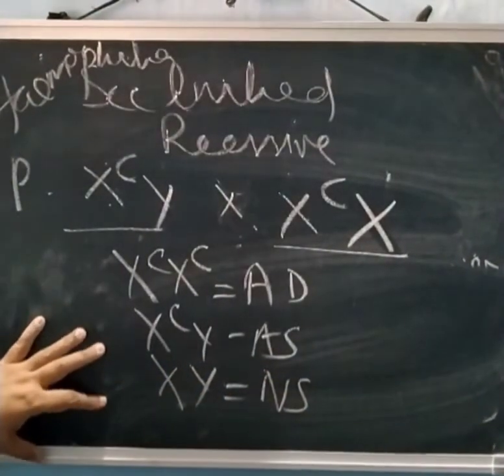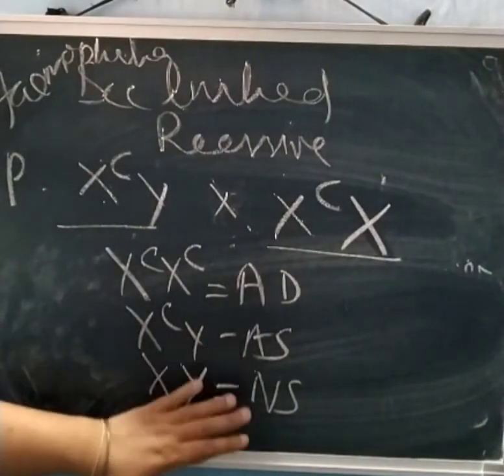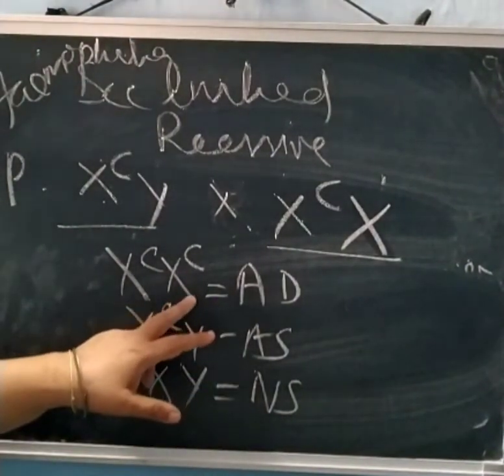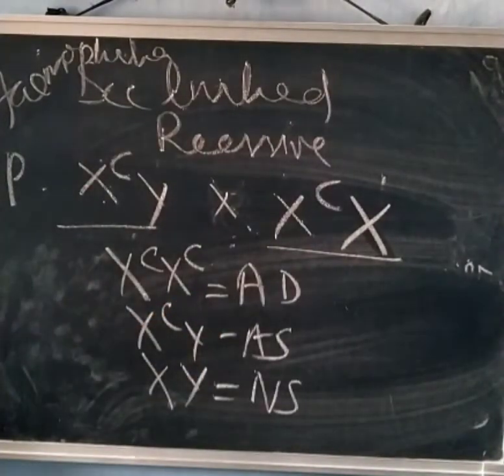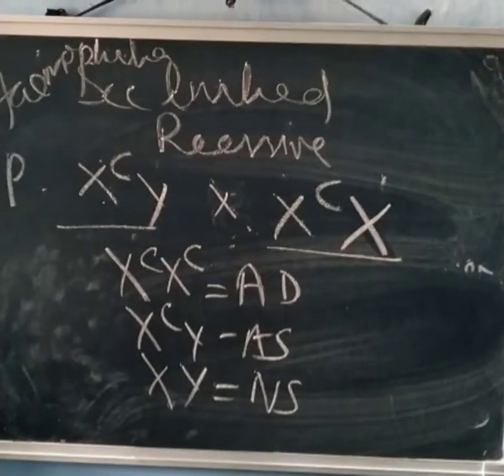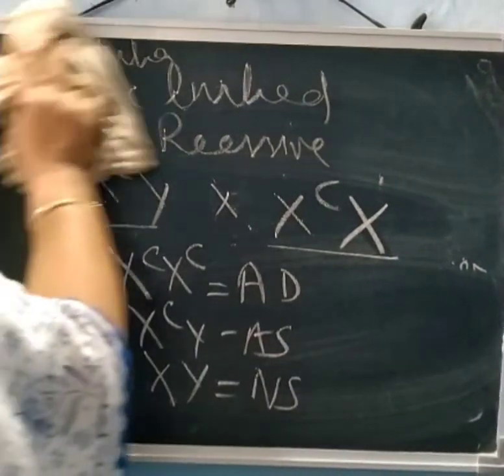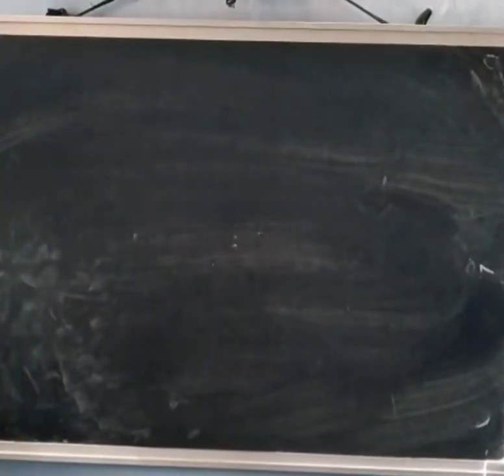But here you see the daughter, an affected son is there, a normal son is there, but an affected daughter will come. But the possibility of this affected daughter is very rare because she will die. XcXc in homozygous condition is a very rare kind of thing. Okay, so this is hemophilia. You can understand how these things are occurring. So hemophilia is called bleeder disease, and here the blood clotting factor is affected.